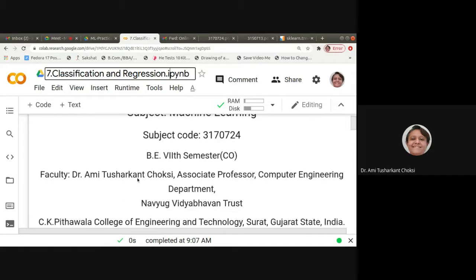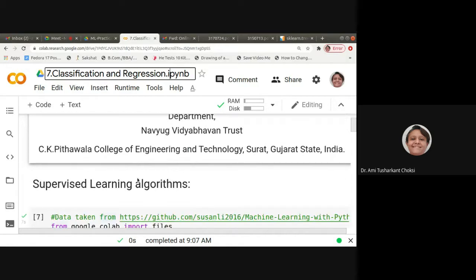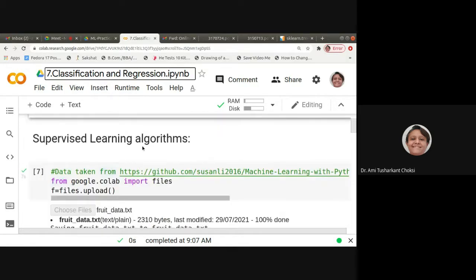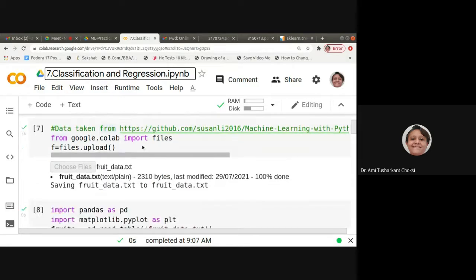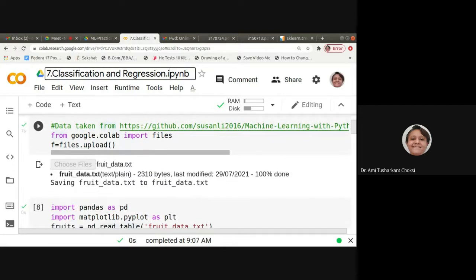In the previous lecture, we have seen the classification wherein we saw the KNN, that is the K nearest neighbor classification algorithm, and how to implement that using Python. Now today we want to learn the decision tree algorithm. So for that, what do we require? We need to have the data set. We need to read that.